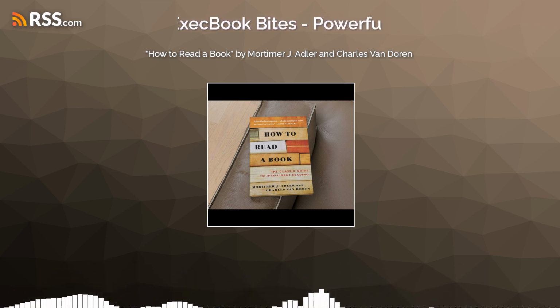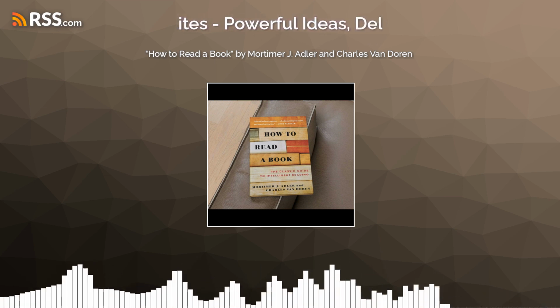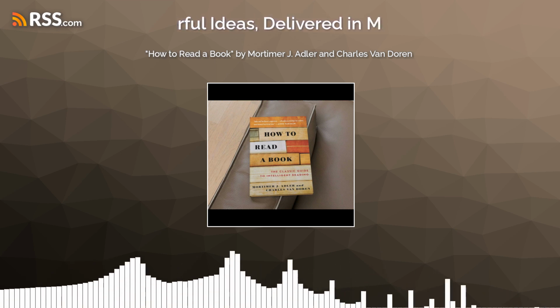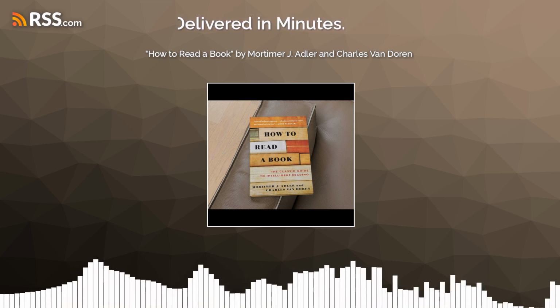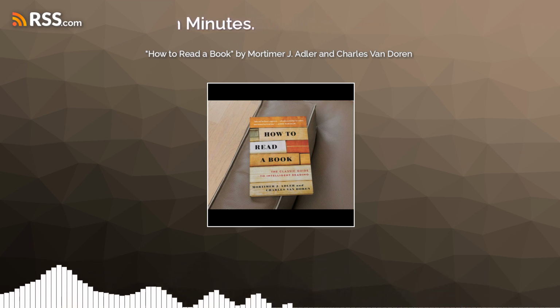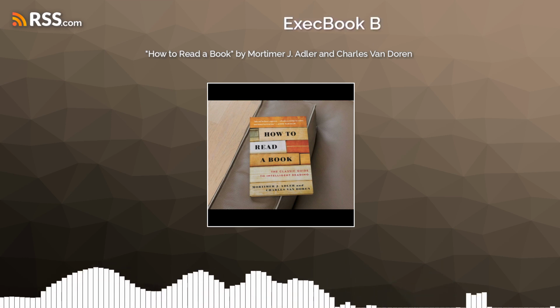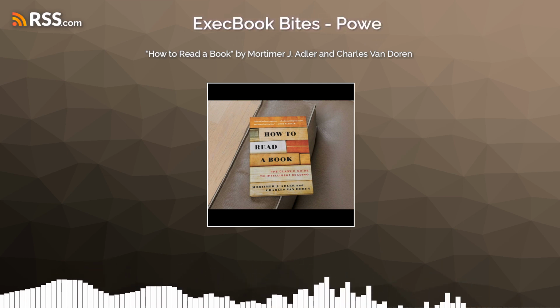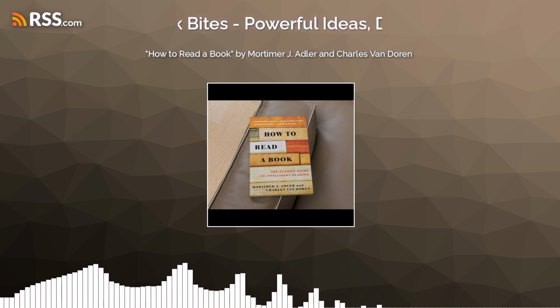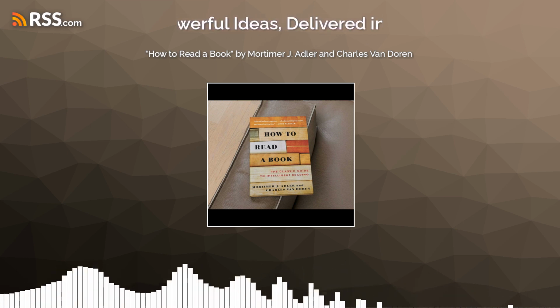Conclusion of How to Read a Book by Mortimer J. Adler and Charles Van Doren. The conclusion of How to Read a Book emphasizes the transformative power of reading when approached with rigor and active participation. The authors reiterate that reading is not merely about decoding text, but involves engaging with ideas, questioning authors, and